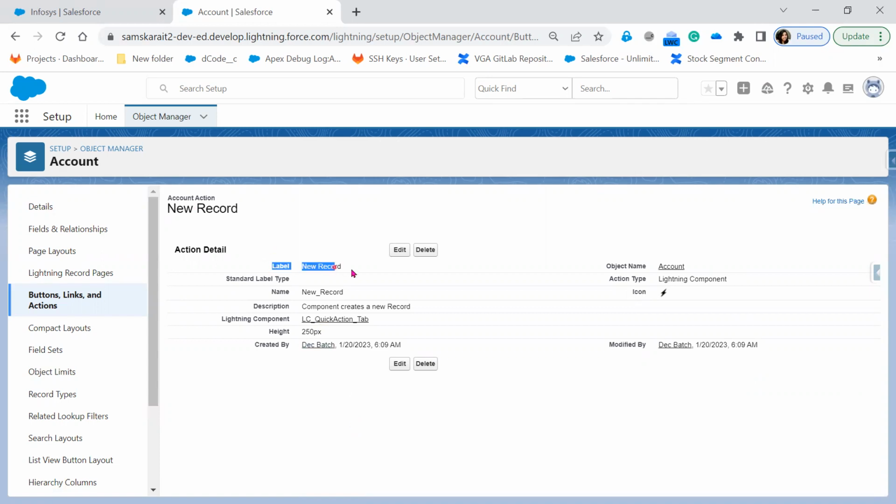Now the label is the name that you have given. Object, by default, takes the object name. Standard label, not mandatory. Action type, lightning component. The API name is new underscore record, and the icon is what we just mentioned. The description is whatever we have mentioned. Lightning component, this is my lightning component. If you right click and open in new tab,